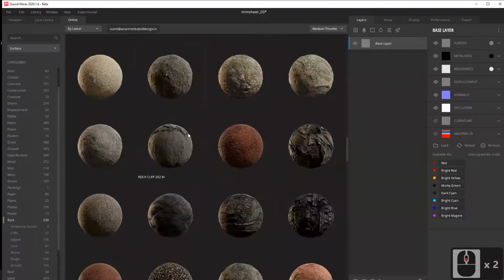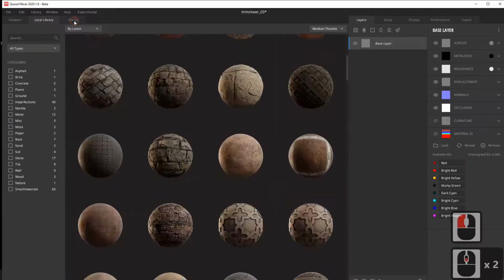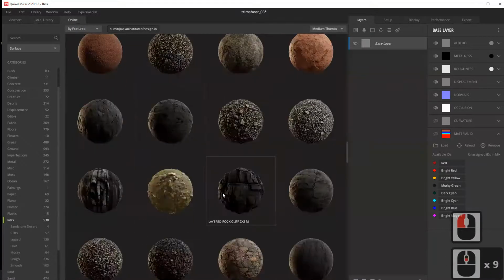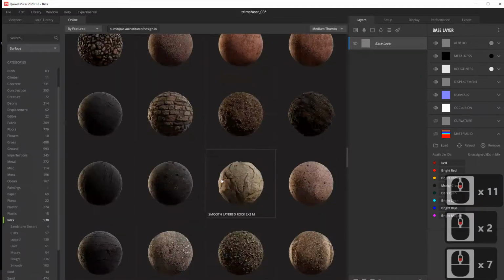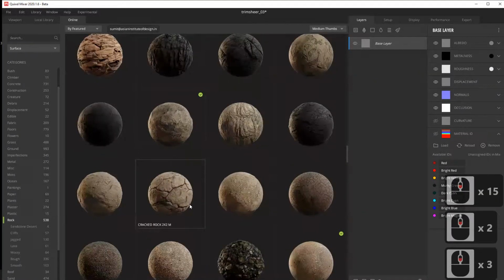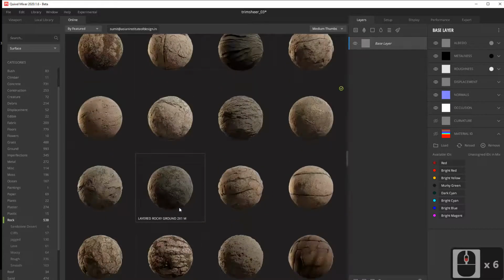So as of now, just to speed up the process, I am going to use the local library, because otherwise I have to wait and download, and the download might take a little bit of time, so it's a kind of waste. Let's use one as a base. I'll show you both, and the rest I can use from my local library. Base should be a bit generic, not a lot of deformation or color variation. Everything else we add slowly.